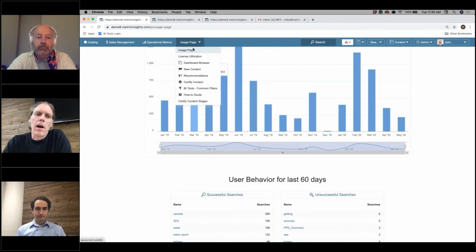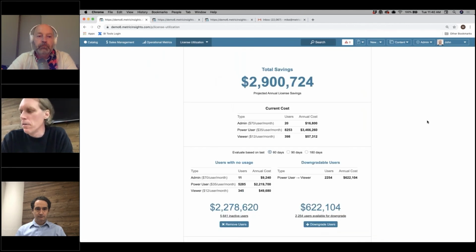And then finally, Marius spoke about the license utilization of this. As he mentioned, we often find that organizations are paying for licenses in the underlying tools for their users. And by the fact that we're capturing all this engagement and all these statistics, we're able to understand what that license utilization is. So out of everything you're paying for a particular tool, and out of the different levels of licenses that you're investing in, who is and isn't using those tools,